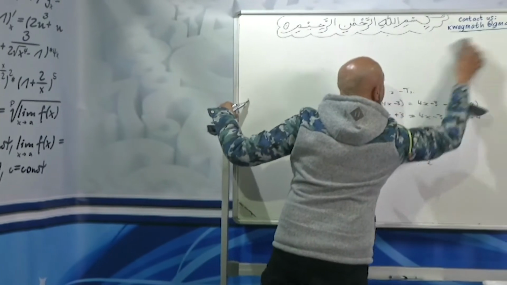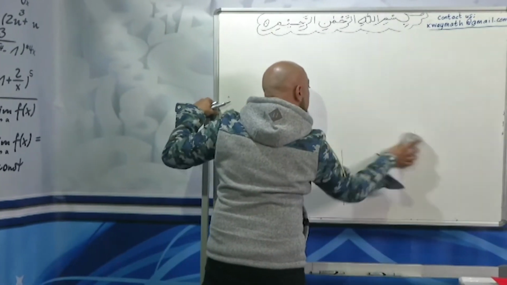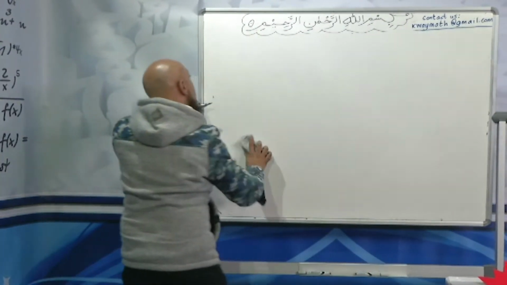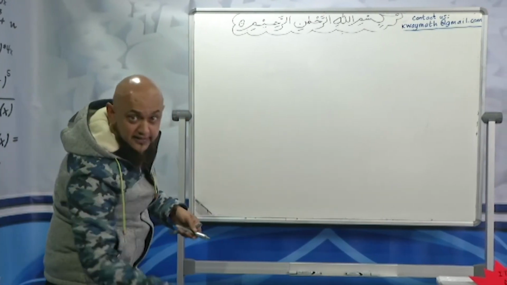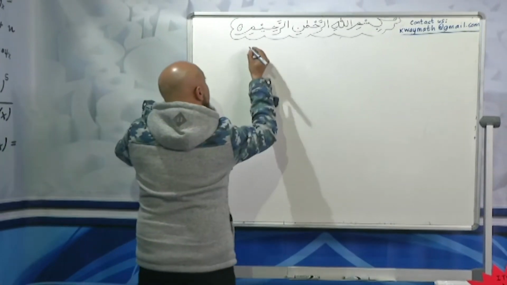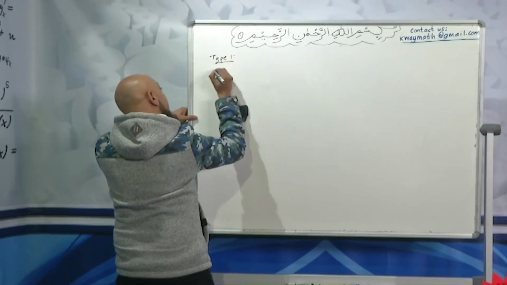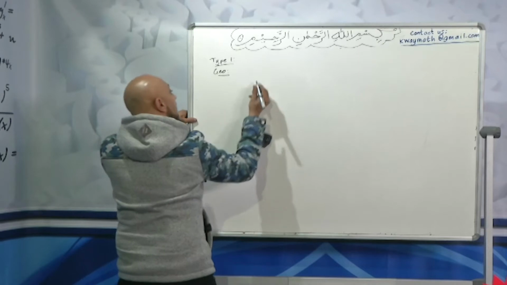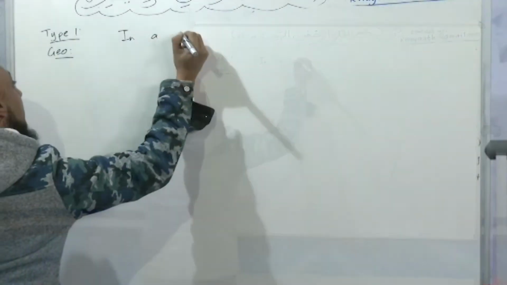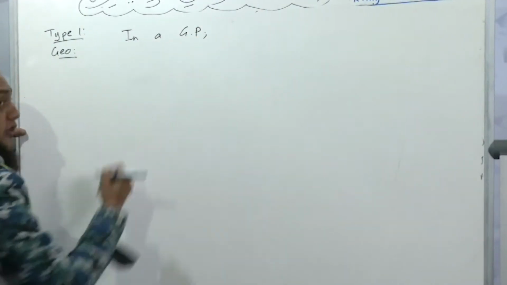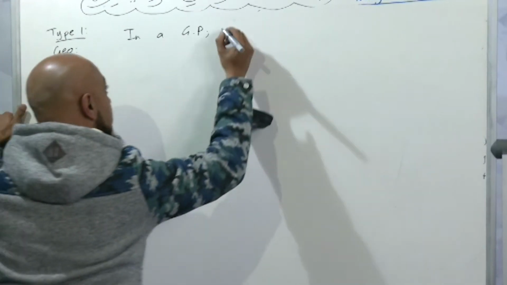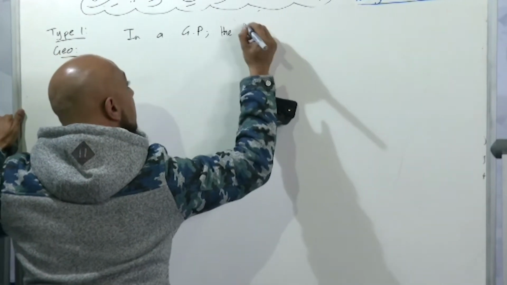Let's go under geometric progression, and we start also with two random terms. Now this one's going to be a little bit hectic, guys, so you need to pay attention. They tell you, so this is type 1 geometric. Okay, in a geometric progression or in a geometric sequence, let's say the